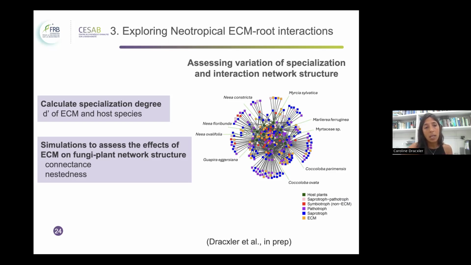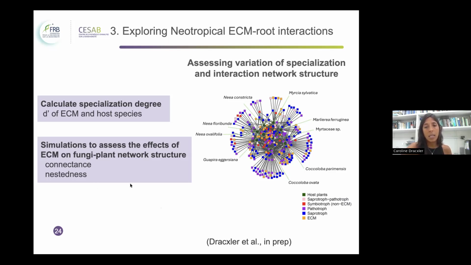And also to check how ECM, ectomycorrhizae, can structure these networks, we ran simulations. So basically, we systematically removed different functional groups to test how removing functional groups changes the network structure. So with this, we could calculate some network metrics. Specifically, what I'm showing today is the effects of removing functional groups on connectance